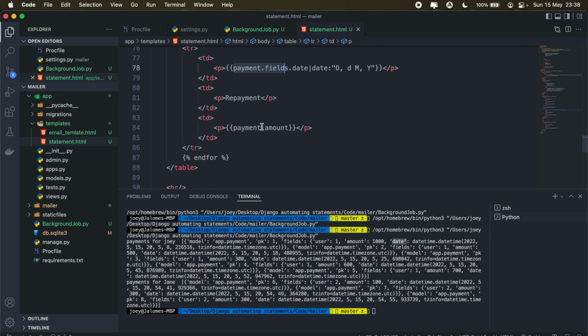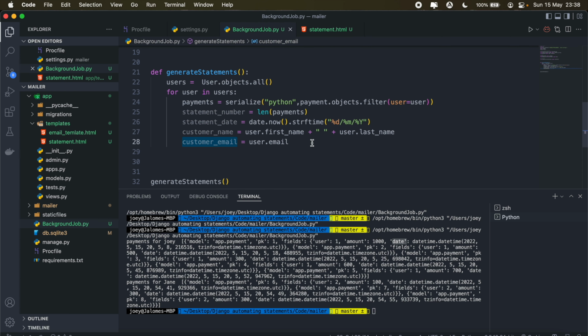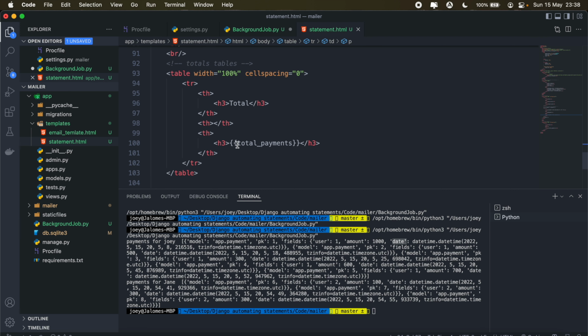And then this will be the same for amount as well. So it will be payment dot fields dot amount. Then let's see what we have. And then we have total payments. Maybe let's create a value for that here as well. So total payments will be,